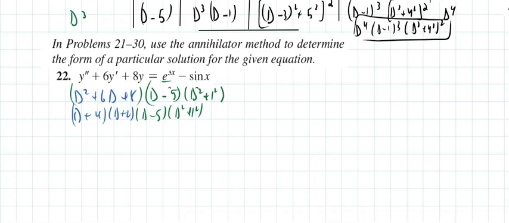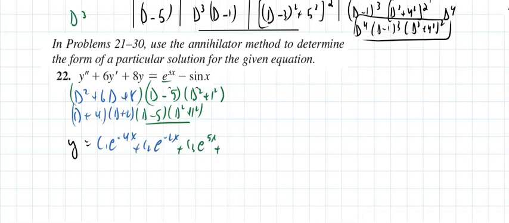And if you really think about it, the solution to this would be y equal, this will yield c sub 1 e to the negative 4x plus c sub 2 e to the negative 2x. Now if you get to the particular solution, notice what they want. I'll talk about that in a minute. This will be plus c sub 3 e to the 5x